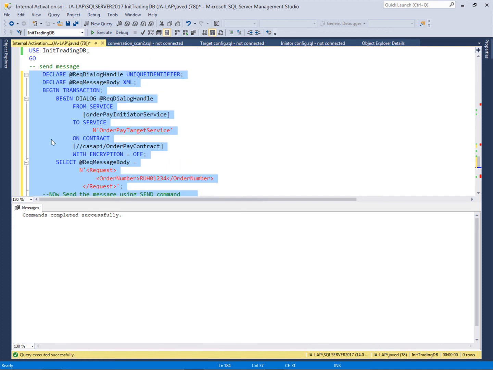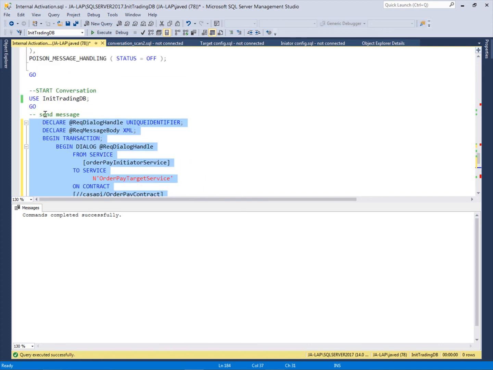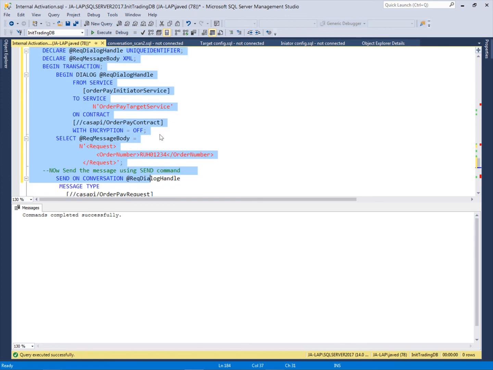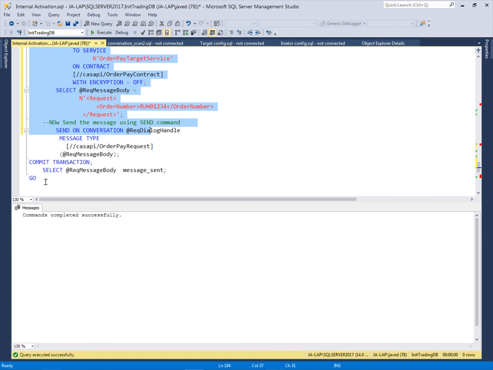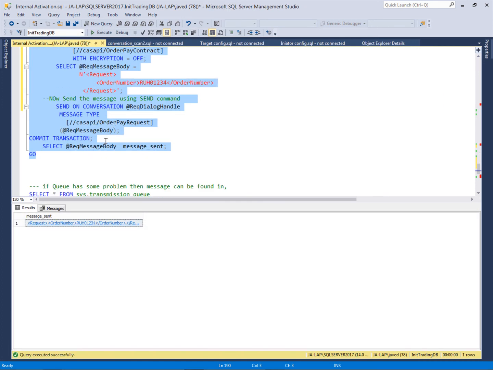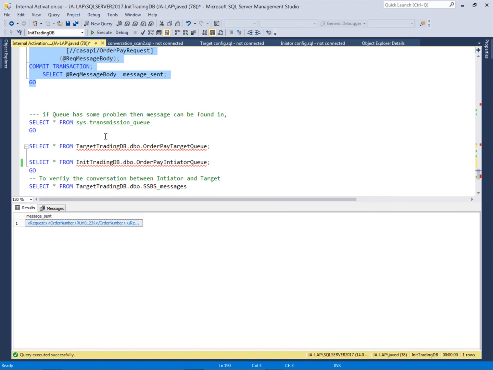So this is the conversation which will start from the order pay initiator service to the order pay target service, and now all the code in the stored procedure. So everything is successful.